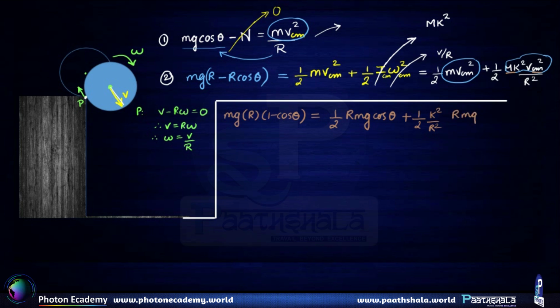Alright. So here we can clearly see that Rmg will get cancelled from the entire equation because Rmg is not 0, and towards the left hand side we will be left with 1 minus cos theta